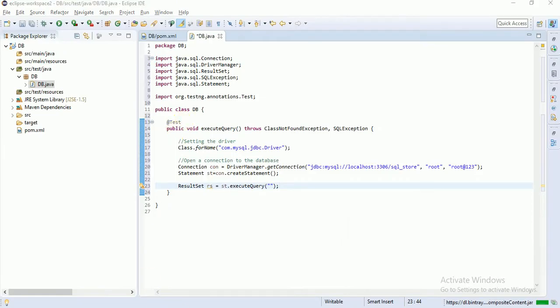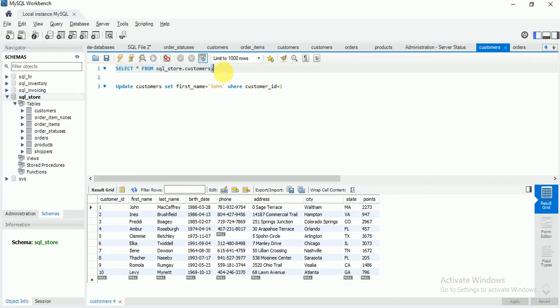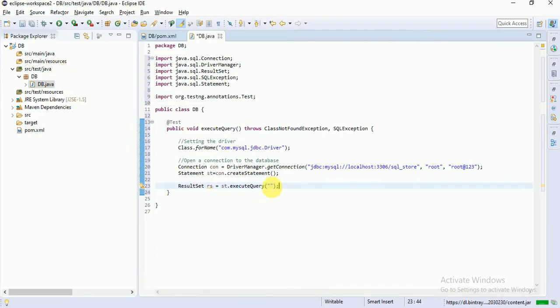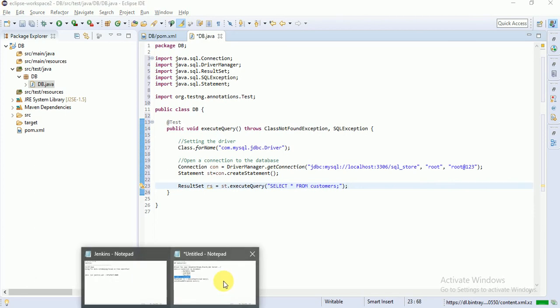Let me take a sample query: select star from customers. I want to execute the same query I am giving here, executeQuery, select star from customers. Okay, so this part is also done.